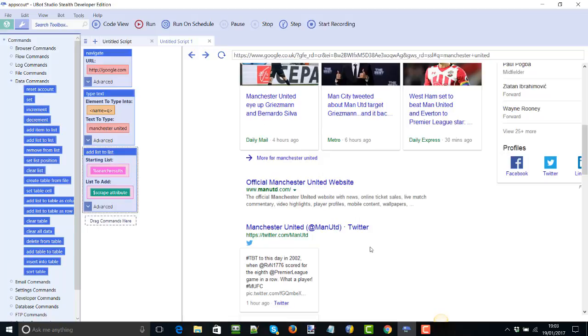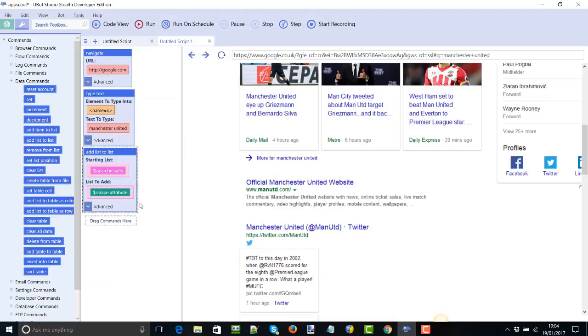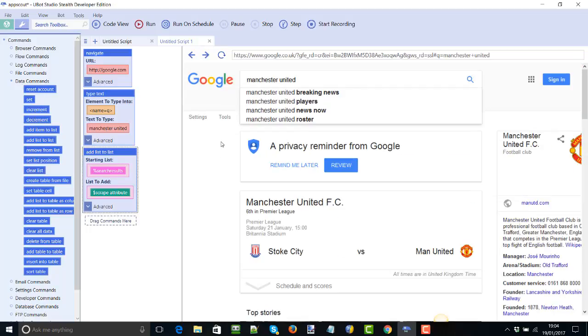And you'll see now you can't see anything happening, but if we come up here to the view, look at the debugger, we can see it's scraped all of these items, 112, straight off. So I'm not going to go through all of the commands with you in this video, but I just wanted to show you a little bit about UBot software and why I use it. So basically anything that you do on the internet you can automate,